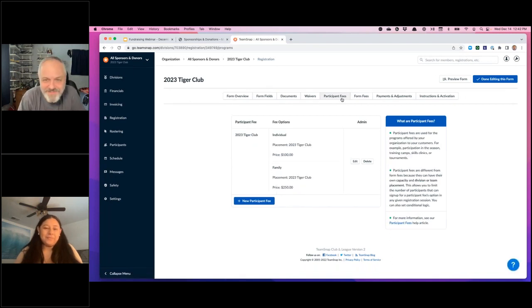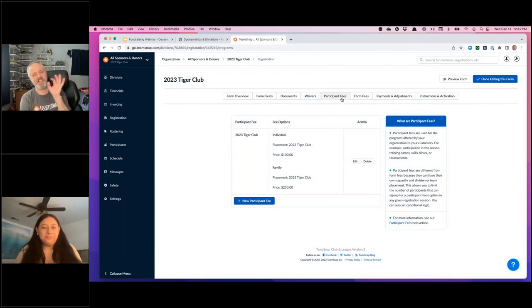So the participant fee, think of it as your season fee. So if you were having registration open, that's the fee for the participant, right? Think of your form fees as any additional money that you might want to collect. So any donations or any fee, maybe you have an annual fee or something like that that you charge, that's where you want to think about the form fees. So registration is due to your season, form fees are more additional fees, anything extra that you want to add.